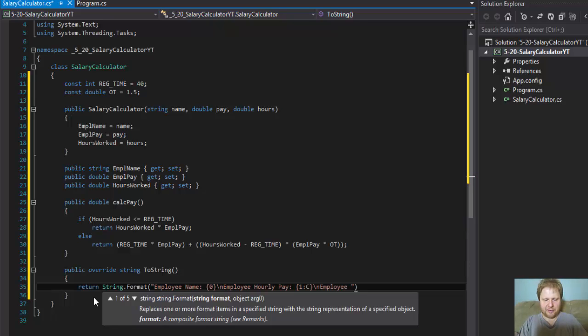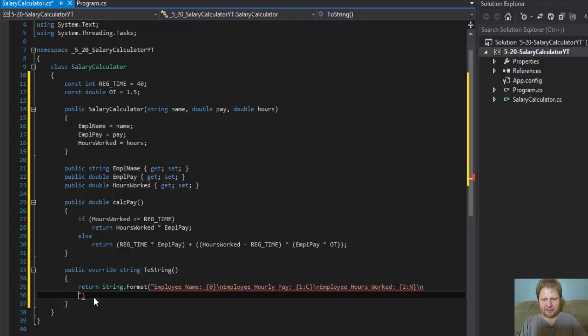Employee hours worked. Another placeholder. That's going to be just a number. New line, and it's going to be the employee